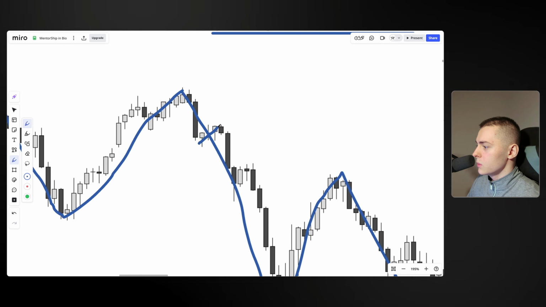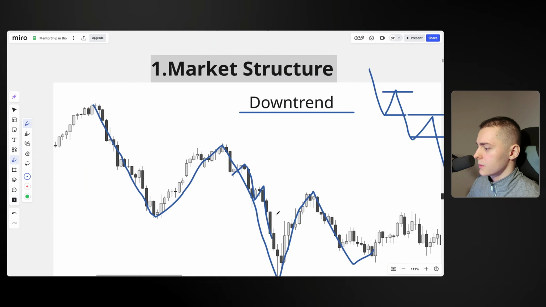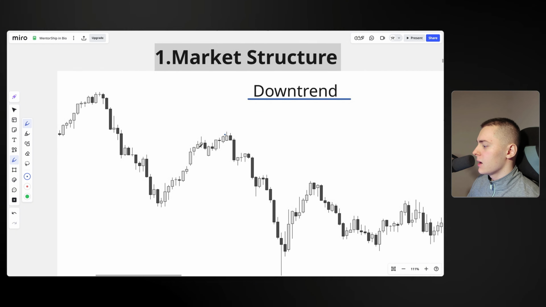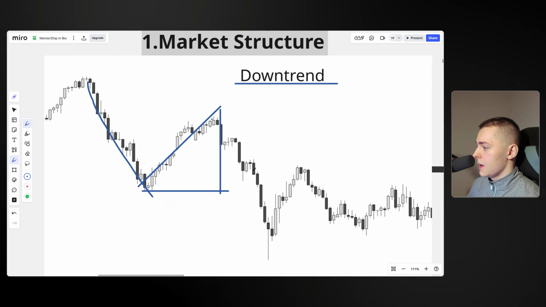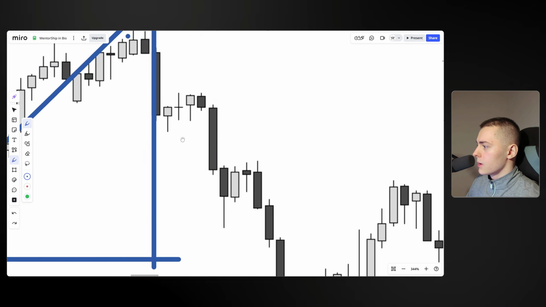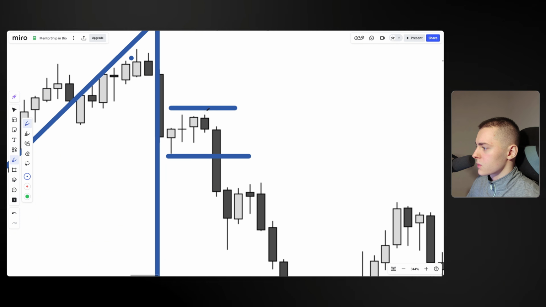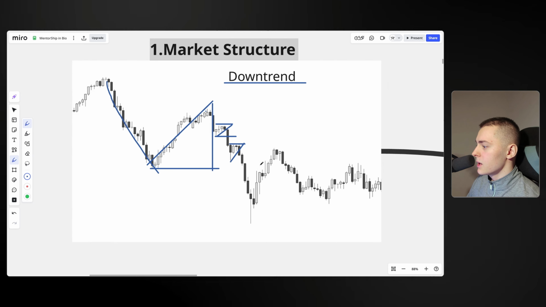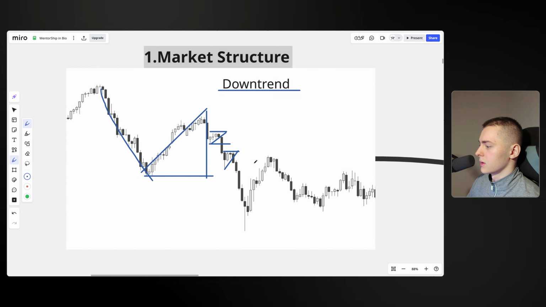Now, internally, we will also have a couple of small pullbacks, but the global trend is really just a downtrend. And pullbacks are something that I also want to talk about. So as you can see, we are trending to the downside, but then we're going higher up again. This entire phase right in here is the entire pullback, right? But then also we have internally, as just mentioned, we're going to the downside right in here. But internally, we have small little pullbacks right in there. And then here again, small little pullbacks right in there. And you'll see that a bunch of times in the market, whether it's an uptrend or downtrend. That will be very important later on in the video.